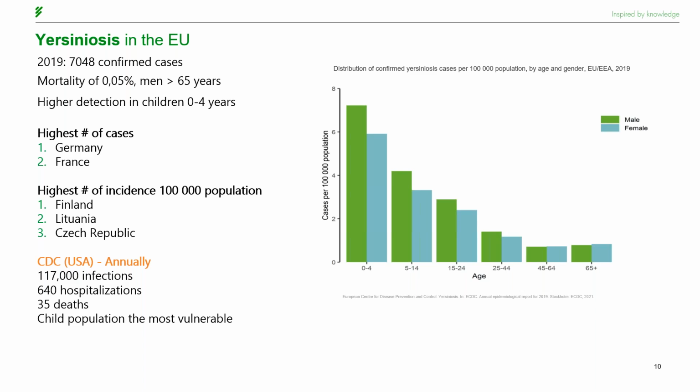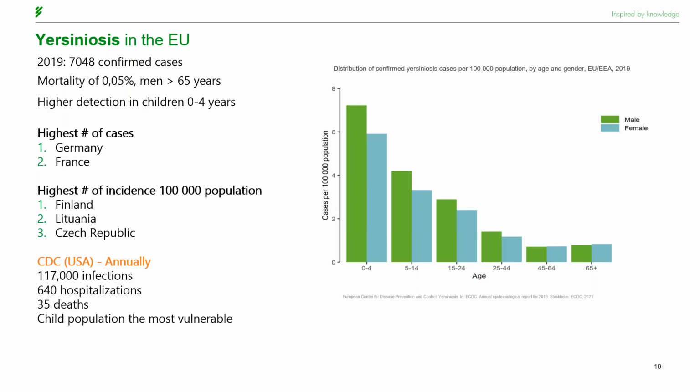We once again confirm, as you can see in this graph on the right, that the age group mostly affected by Yersinia infection were infants and children up to 4 years of age, who accounted for almost a quarter of all confirmed cases. Outside of the European Union, the American CDC estimates that in the US, Yersinia enterocolitica is the